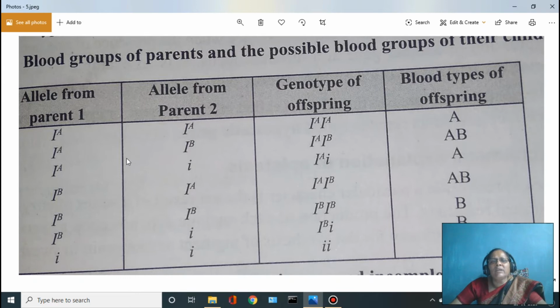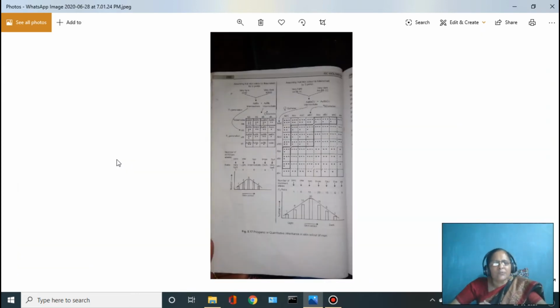Next, we are dealing with polygenic inheritance. So far we studied qualitative inheritance, that is Mendelian, monogenic inheritance, where one gene is responsible for the inheritance, so we cannot see any intermediate combination. Whereas polygenic inheritance, otherwise called quantitative inheritance, involves a number of genes in the development of a character.